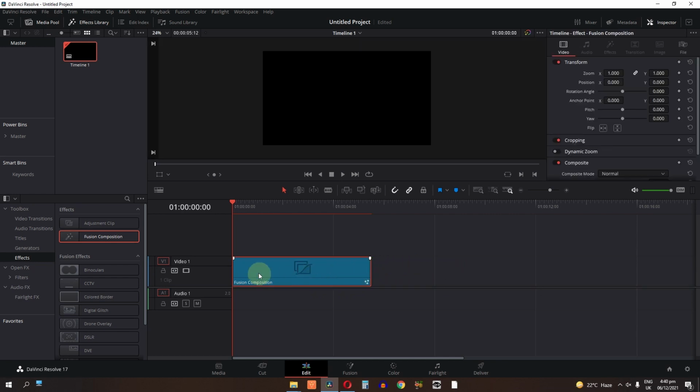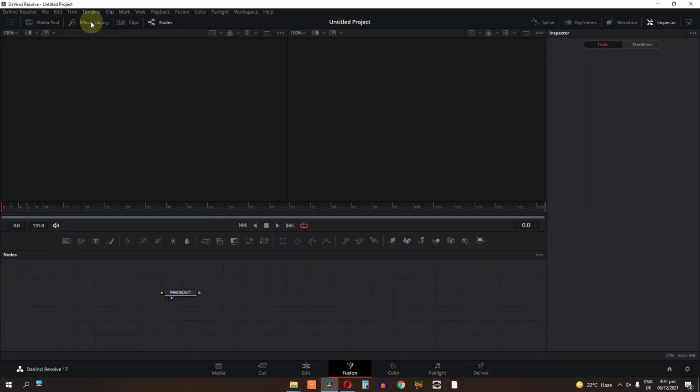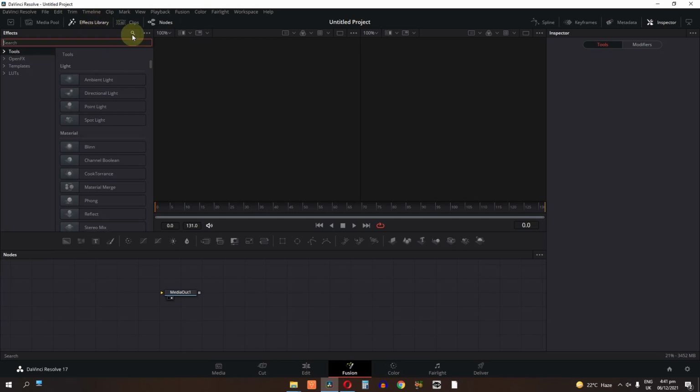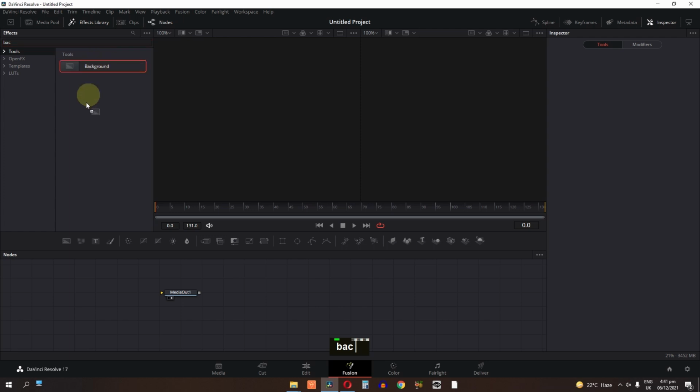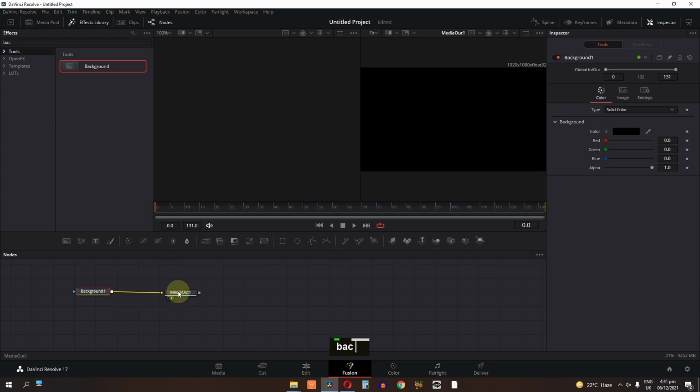Now select this fusion composition and now go to the fusion page. Now enable this effects library and search for background. Now drag this node and drop it here. Now select this point and connect this to media out node.